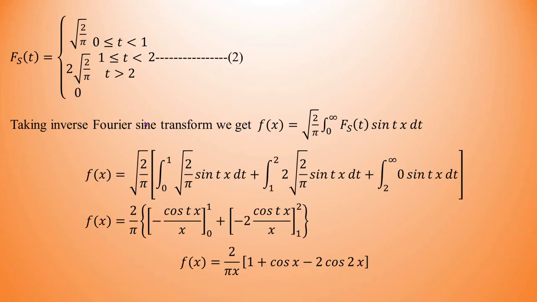Now taking inverse, as we have taken the sine transform earlier in the beginning, so now we will take the inverse Fourier sine transform. So we have f of x is equal to, just write the formula with appropriate change in the variable. See, the parameter is t. So in our definition, in place of s, I will write t. That's all. Substituting this fs of t. Now this integration is over 0 to infinity.